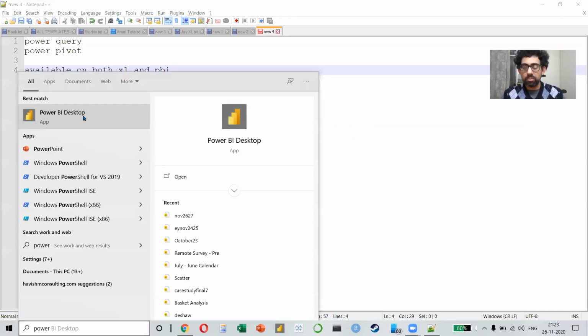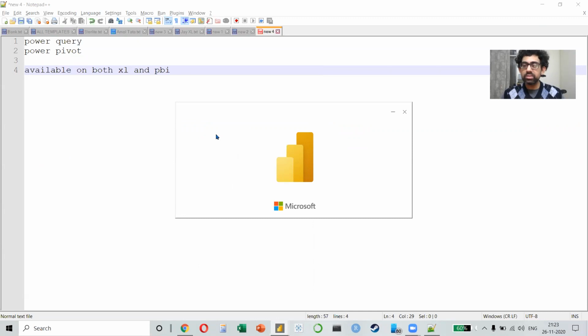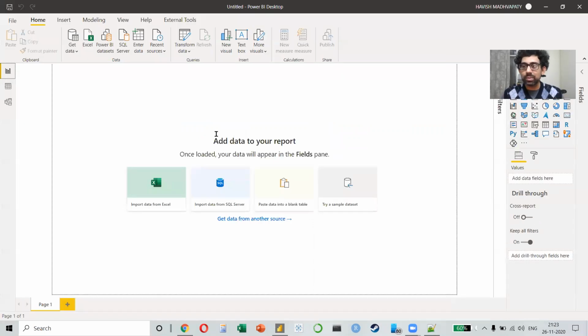All right, let me open Power BI. So what I will be doing is that because I have to cover Power Query and Power Pivot as well, in the first 15 minutes, I will take a slightly boring topic, which is how to take multiple data sets, how to clean it, how to combine it, how to create a model. And after that, we will come to the visualization side of it.